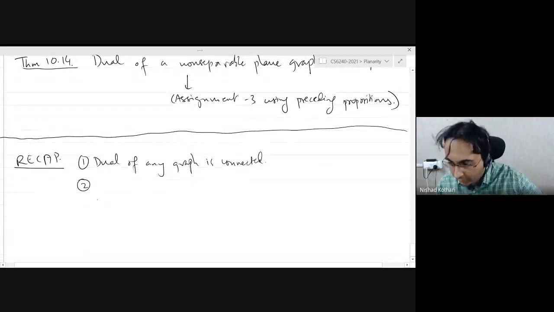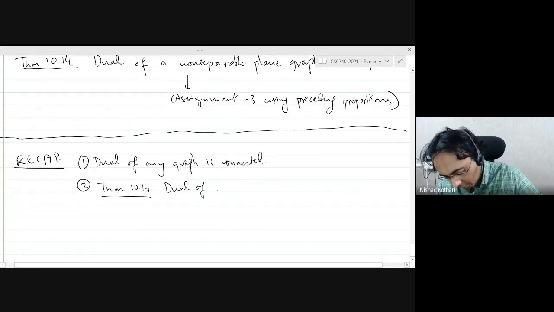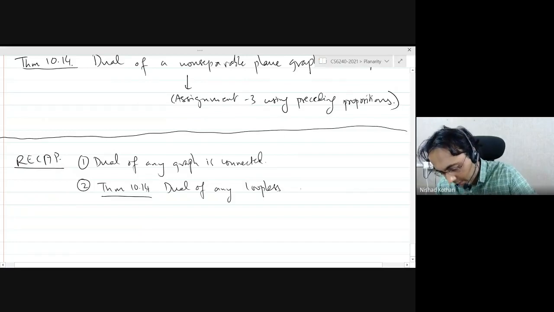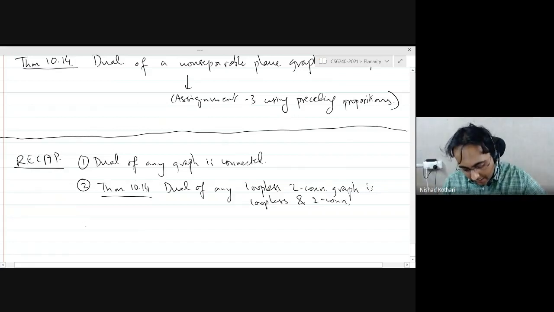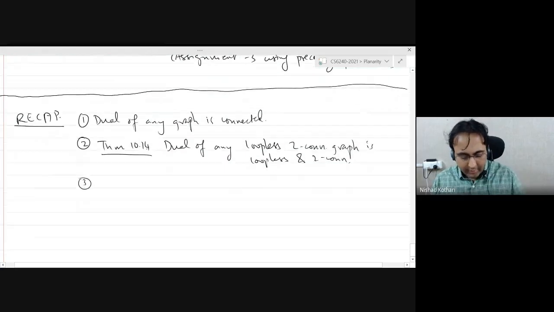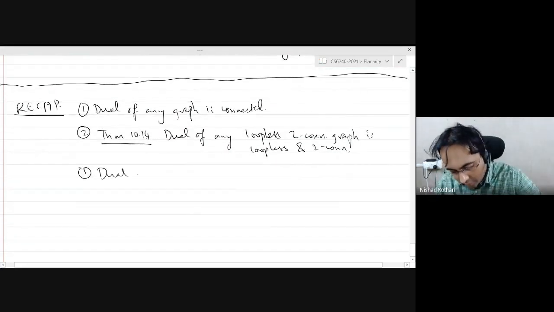Another thing that follows from the theorem we just discussed, but we did not prove, is that the dual of any loopless two connected graph, which is almost the same as non-separable graphs, is also loopless and two connected. And another interesting fact, which might also be on the assignment, is that the dual of a simple three connected graph,